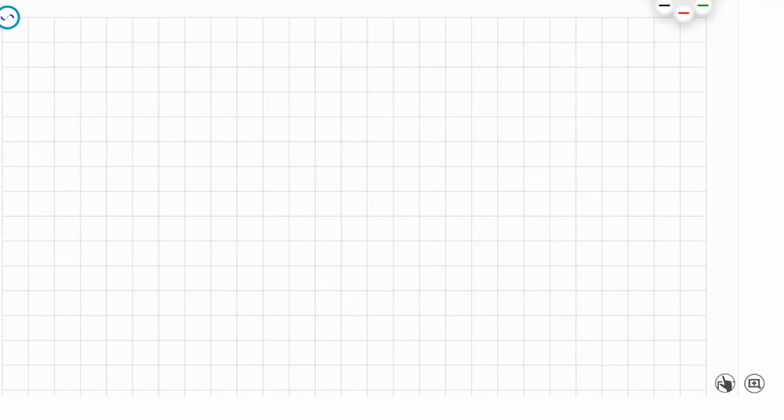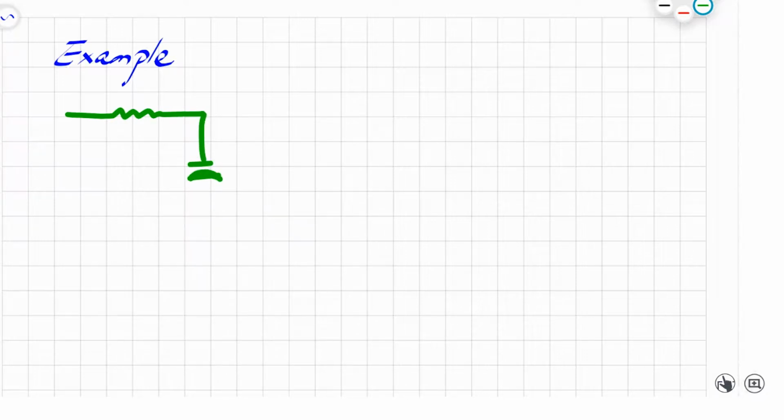Let's look at a circuit that contains only two elements. So here is the example. And we have a resistor only and a capacitor. There's only two elements here. And what we know here is that